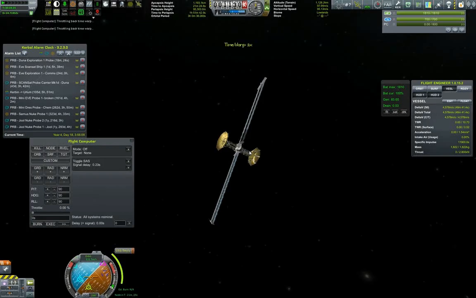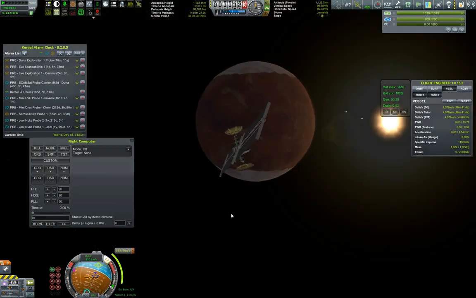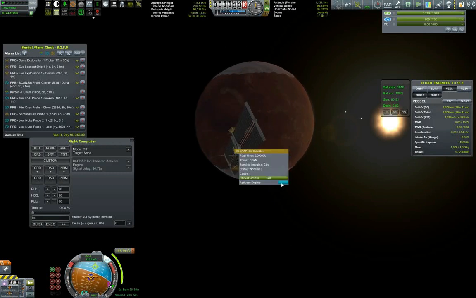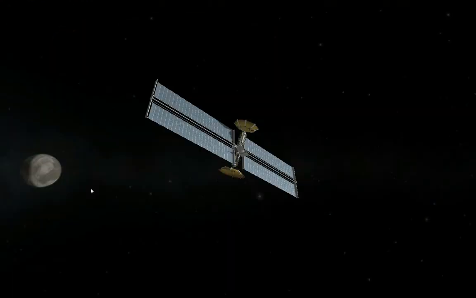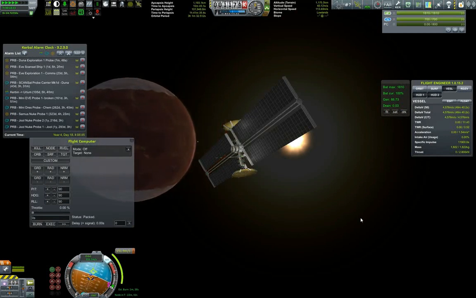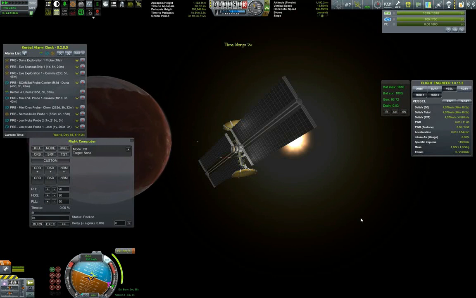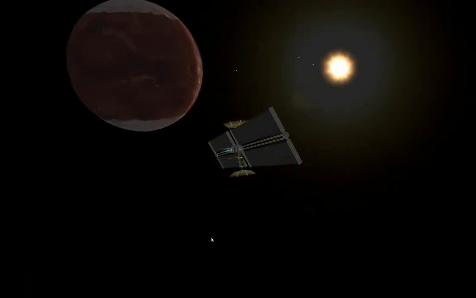Okay, now I'm making sure that both antennas are up, that the solar panels have been correctly deployed, and we will be ready to commence our third satellite, or second successful, hopefully, satellite burn in setting up our communication network around Duna. And that's supposed to happen within some 5, 4, 3, 2 minutes roughly. So we are burning with our...